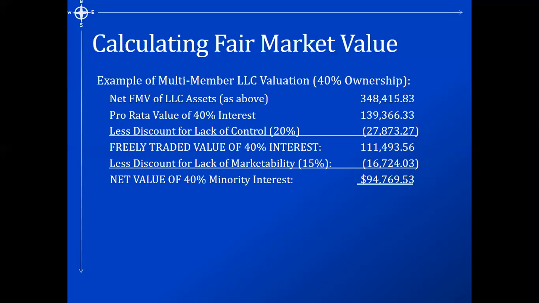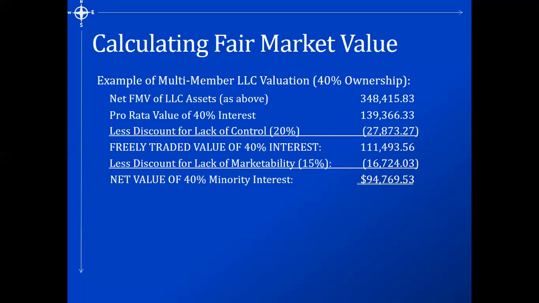And I will tell you that in the estate area and often in similar areas like this, we find that the total of those two discounts is often somewhere in the vicinity or over 35%. So it's not unusual for people to get 35 to 50%. It's a little bit more unusual to get over 50% in combination of those two. And there might be other discounts that are added in by the appraiser.